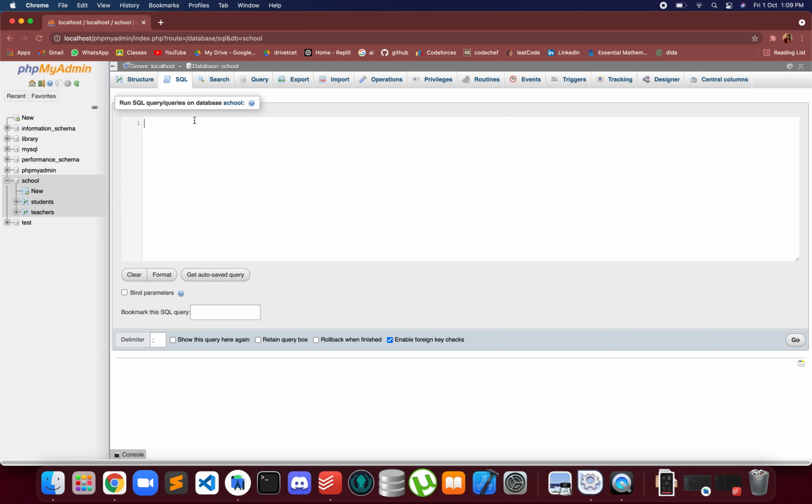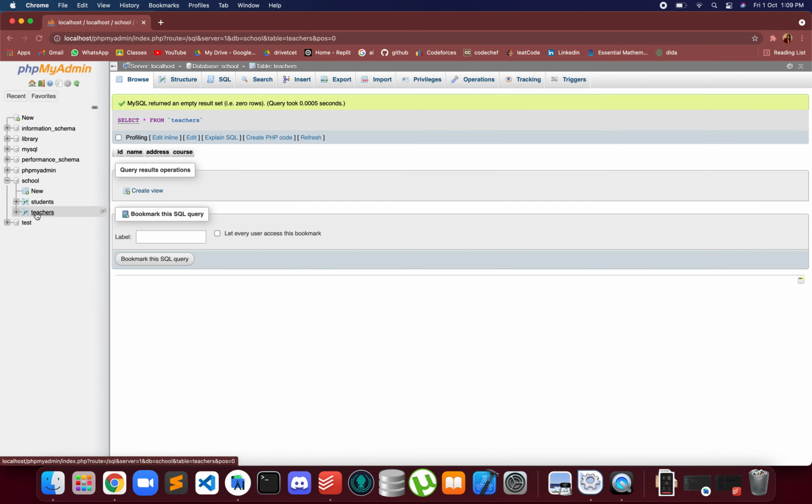Now another command that we have for defining a structure is alter. If we want to alter a column or add a new column, first we'll write alter table, the name of the table that we want to alter. Let's take teachers, and we need to add a new column, for example, let's say courses that they will be teaching, and we'll give that a data type and we'll run it. And when you click on teachers, you'll see another column named course that we have added.